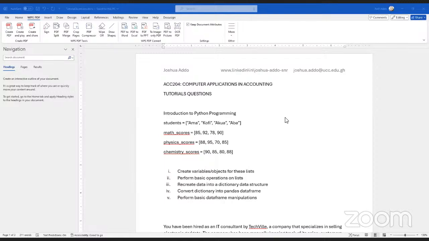Microsoft Office, particularly Microsoft Access 2016 or later. If you don't have it, get it before the exam date.